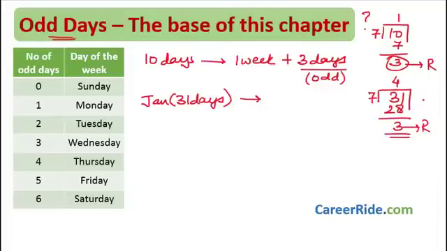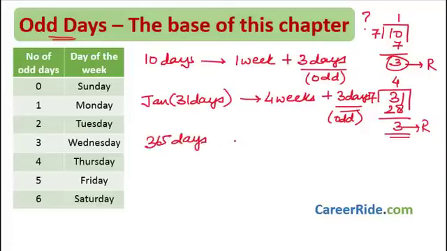So again these are the number of odd days. How? Let's see. 31 days form 4 complete weeks, plus the remainder was 3. So 3 days, and these days are nothing but the odd days or the loose days or the extra days that are not able to become a part of a complete week. Okay. Now let's go a step further. Suppose I'm given a year, and the year given to me is a year that has got